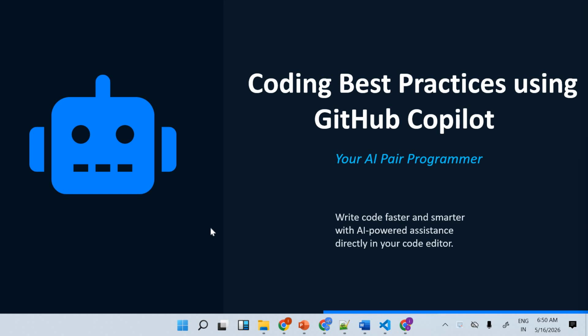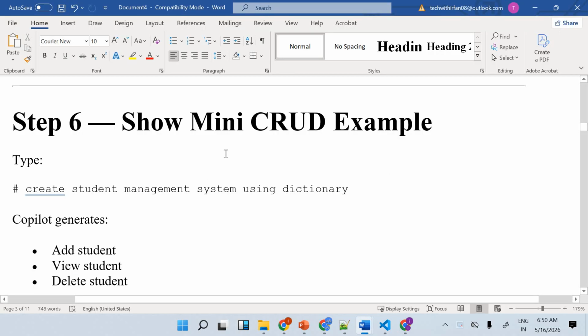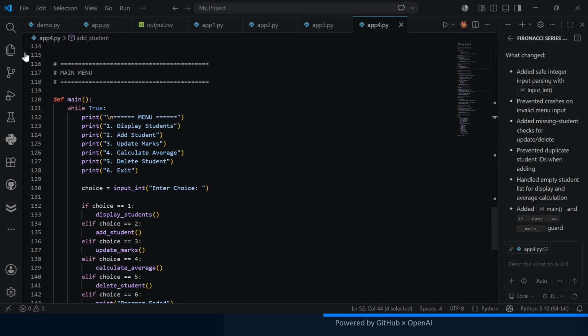Now let's do some best practices, some examples where we can perform some code. We can get some code using GitHub Copilot. So let me go directly to the file where we can write some prompt. For example, here I am asking for a CRUD example: create a students management system using the dictionary. Let me copy this and directly open VS Code and create a new file